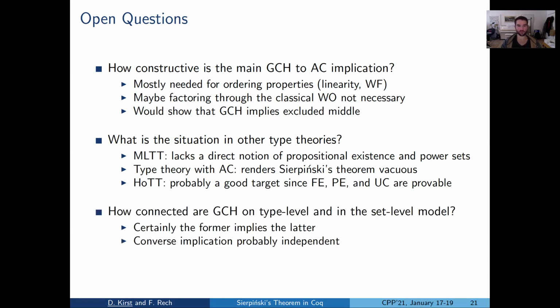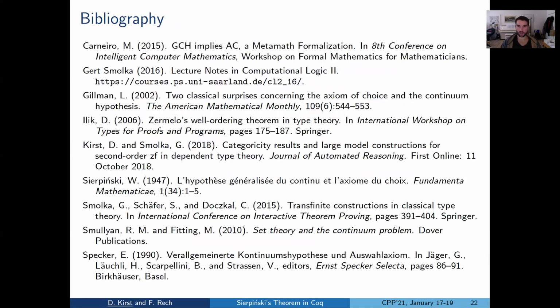And a last question could also be to investigate how much the levels available are connected. So for instance, how much of GCH, if you assume it in the Z level model, would leak out into the type level. All right, so I want to leave you with this slide showing the main references we have used,